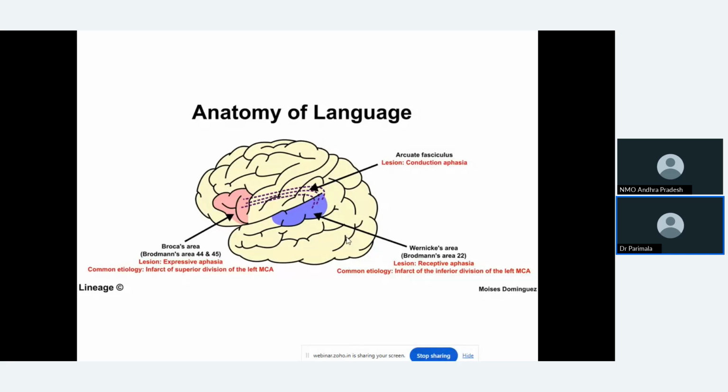But to produce speech, we need an integration between auditory, visual and tactile sensations. All these 3 have to be integrated. So, around this posterior ramus of the lateral sulcus, the part of the brain that is present is the receptive brain. This area is called Wernicke's area. Some say it is 40 and 39 is Wernicke's area. Some textbooks say it is 22. But both are correct. From 22 to 40 and 39, this area can be called Wernicke's area. And the white matter fibers that connect the motor speech area with the sensory speech area is called arcuate fasciculus.